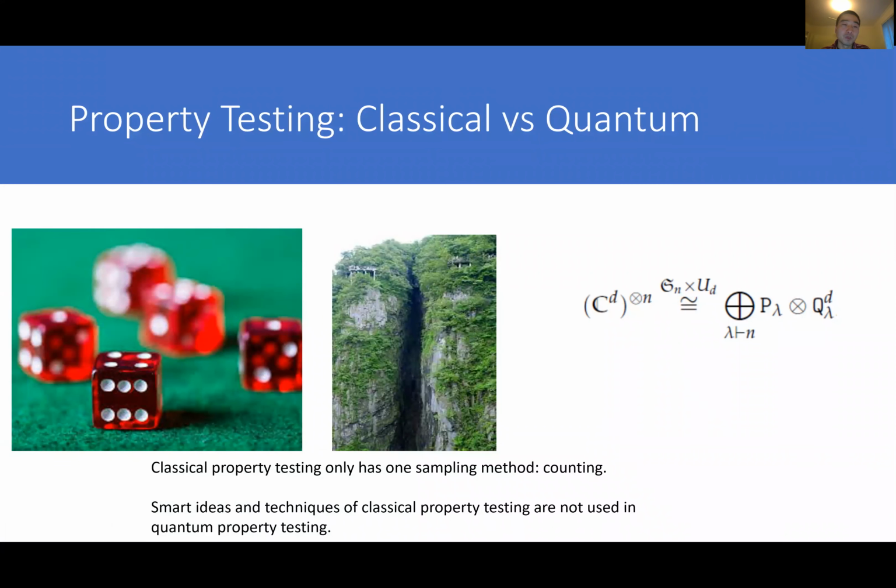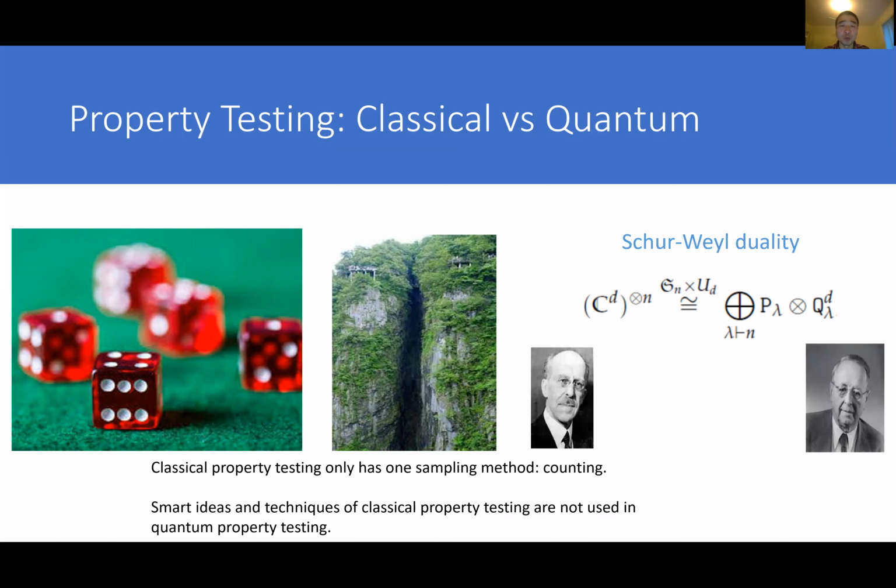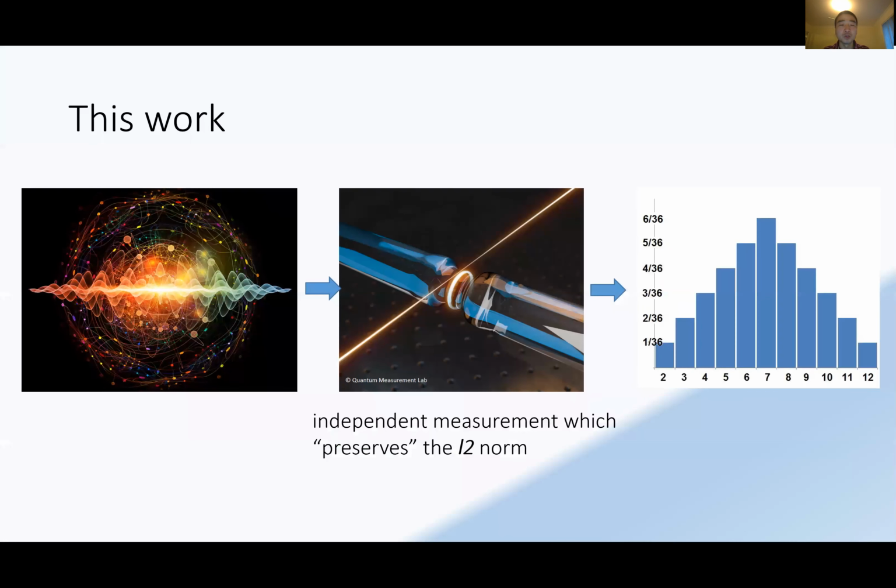Think about the sampling method difference between classical property testing and quantum property testing. Quantumly, we usually use Schur-Weyl duality to minimize the sample complexity. But classically, the only sampling method is counting. Therefore, smart ideas and techniques from classical property testing are not used in quantum property testing. So in this work, we